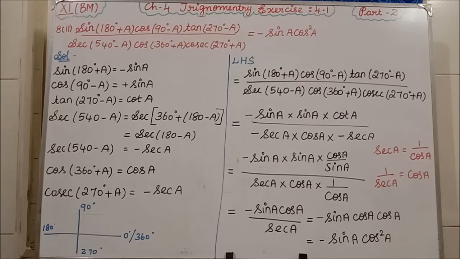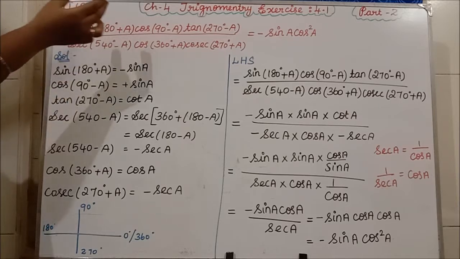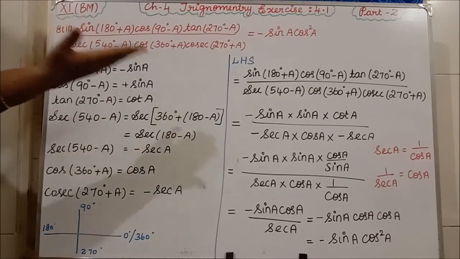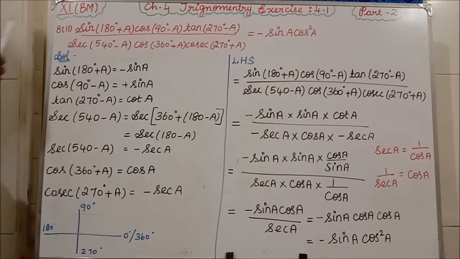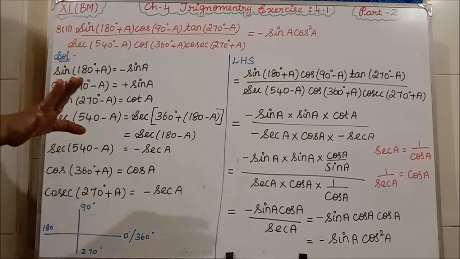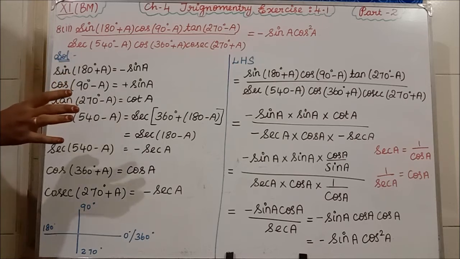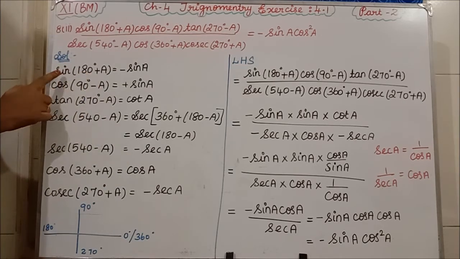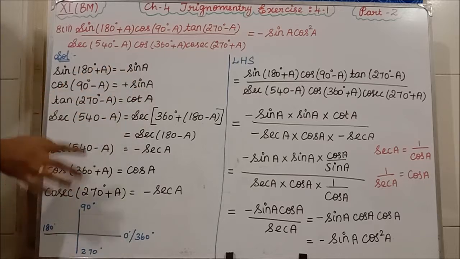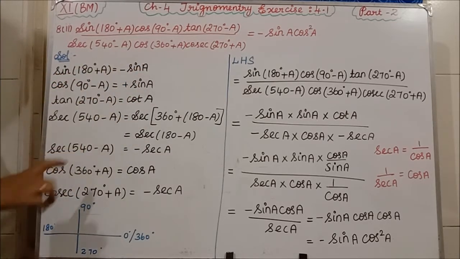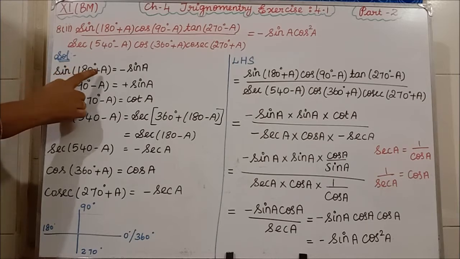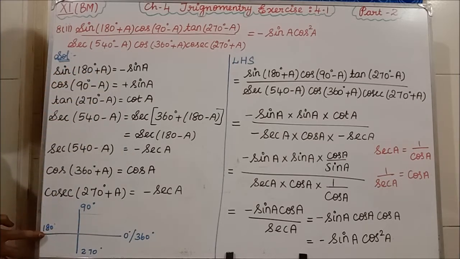Now see, first I am taking the separate values, finding the answers, and only then substituting in the LHS. Clear? Now sin(180 degrees plus A) I have taken. See, sin 180 degrees, I told you many times, if you are using 180 degrees or 360 degrees, the trigonometric ratio will not change. It will remain the same, we have learned, isn't it? So I am using 180 here. So here sin means here also sin. So I have written sin A. Okay. Now tell me, 180 plus A, here 180 is there.